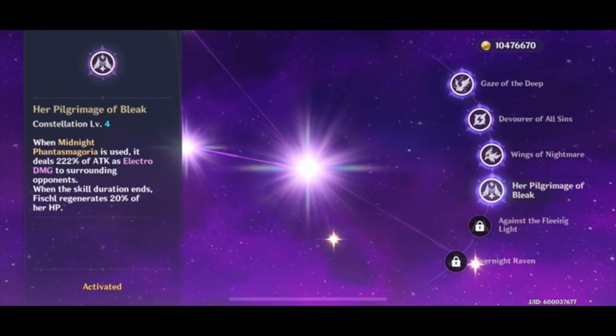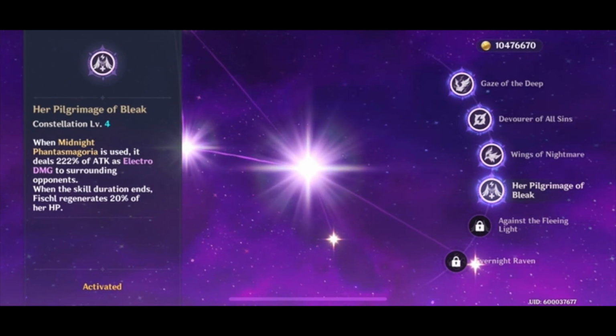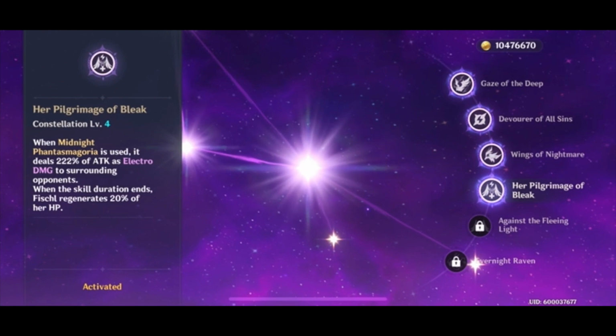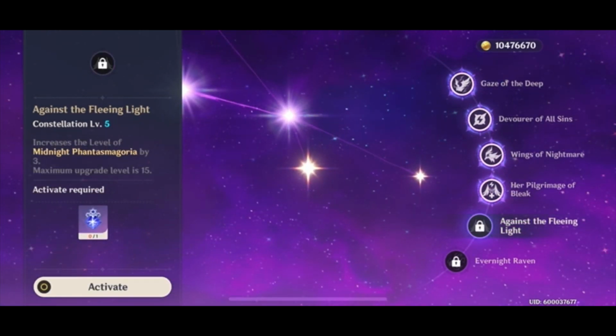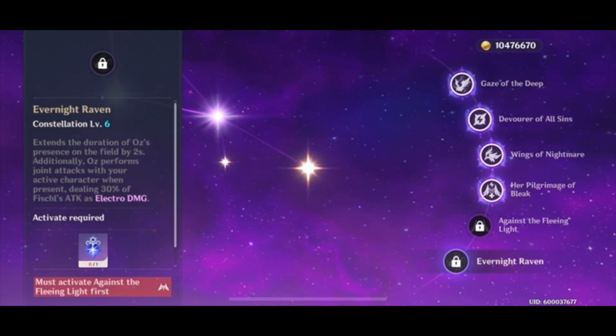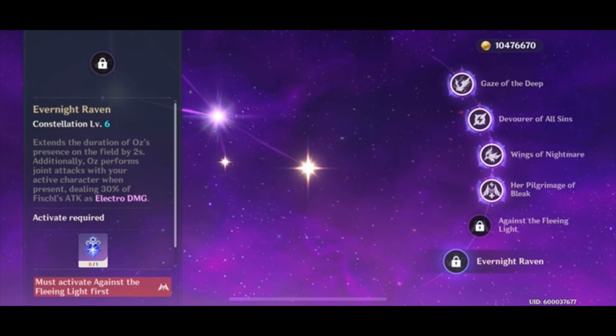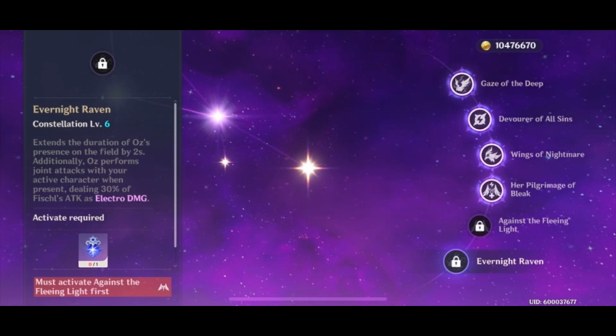It deals 222% of attack as electro damage to surrounding opponents. When the skill duration ends, Fischl regenerates 20% of her HP. Her C5 increases her burst by 3 levels, and her C6 extends the duration of Oz's presence on the field by 2 seconds. Additionally, Oz performs joint attacks with your active character when present, dealing 30% of Fischl's attack as